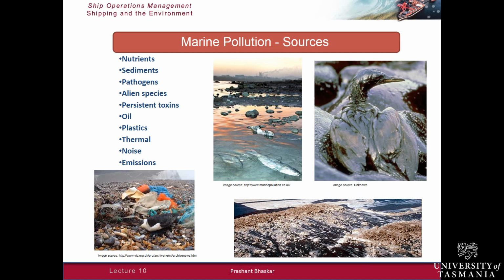And what they do is they feed algal blooms in coastal waters. And when these algal blooms or algae decompose, they deplete water of oxygen. They can also spur the creation of algal blooms which have toxins in them, which can kill fish. For example, they are often known as red tides.